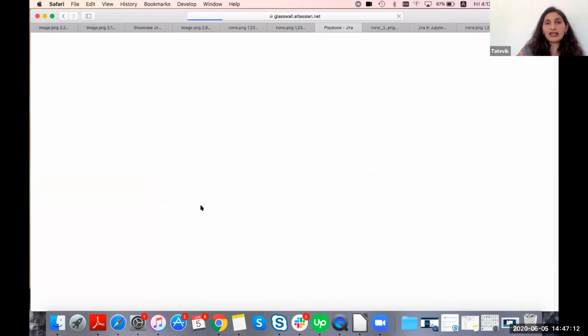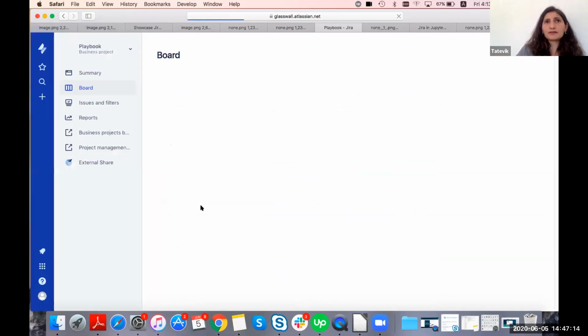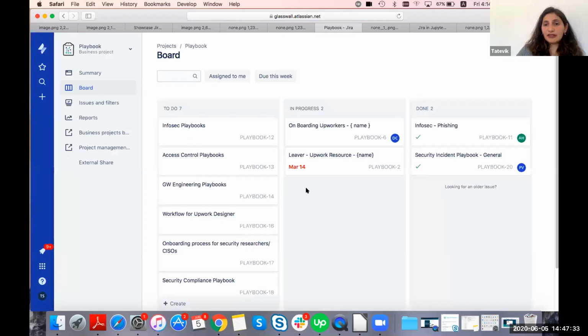When someone was joining or leaving, we were able to copy these playbooks, and the tasks were automatically created. So this was also another entity, and also other links in our graph visualization. You can see different